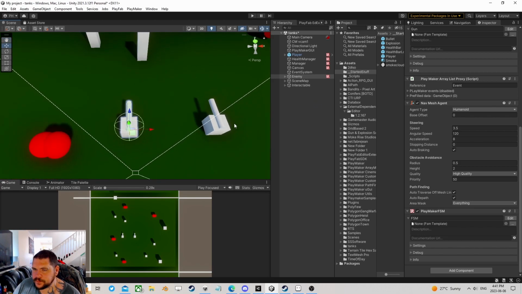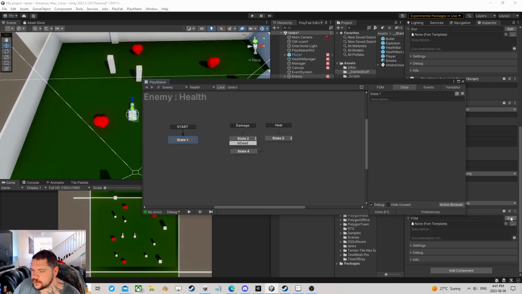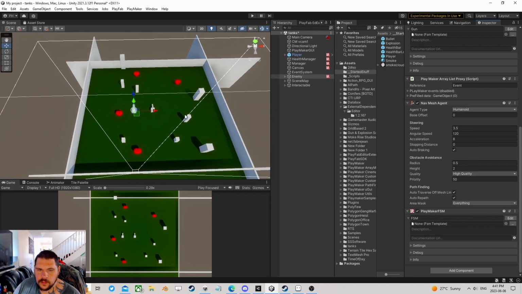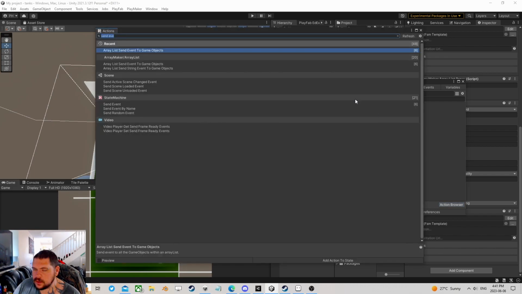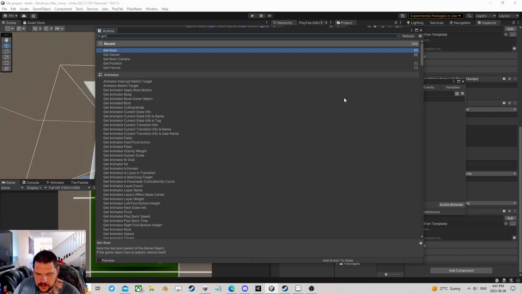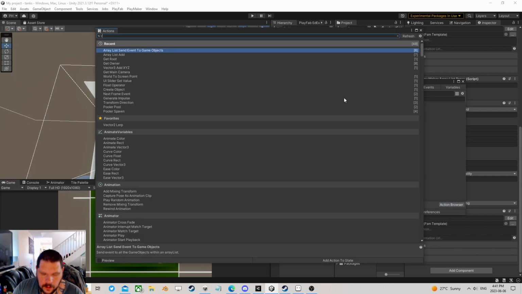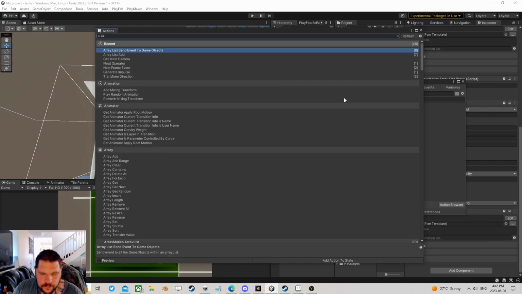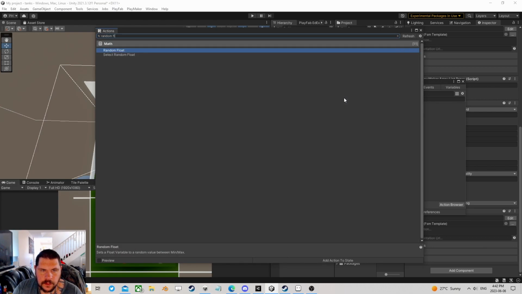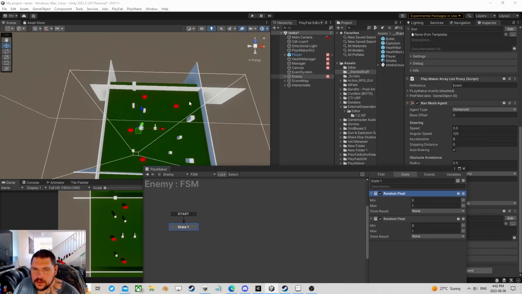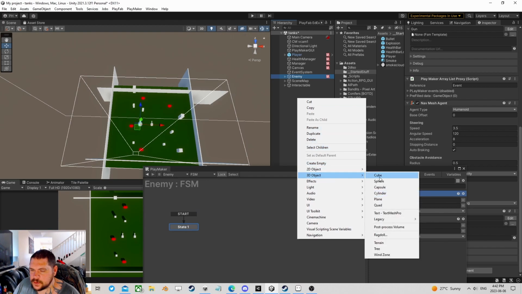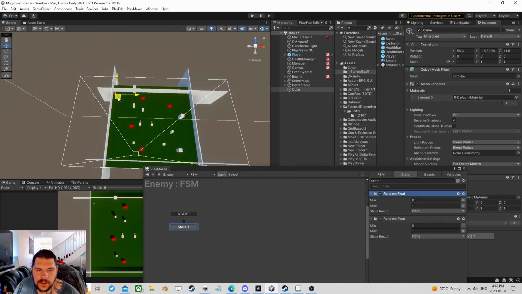So what I'm going to do actually is, okay, we know this map is a certain size. Do I want to use that? Let's get random float, and let's take a look at this map sizing. Right, if I go to this corner,